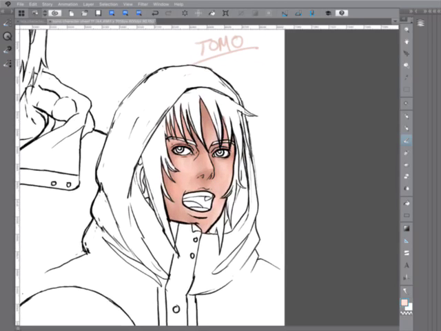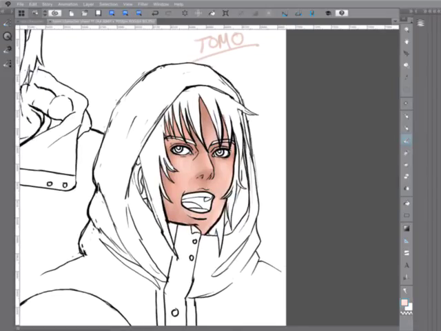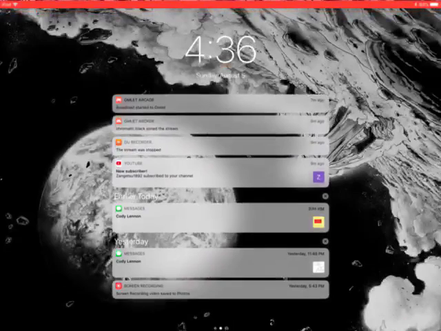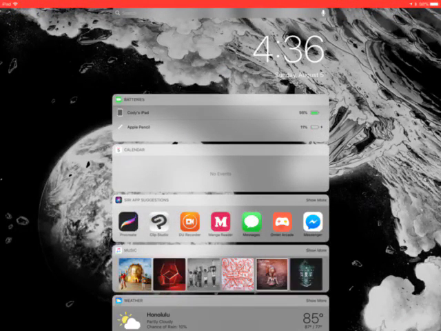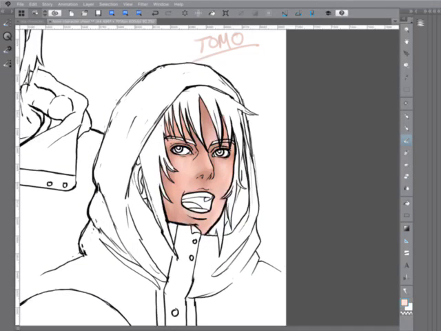It always happens right when you're in the middle of something and you don't want to stop. It dies. Come on. 11%. Just give me one more minute.